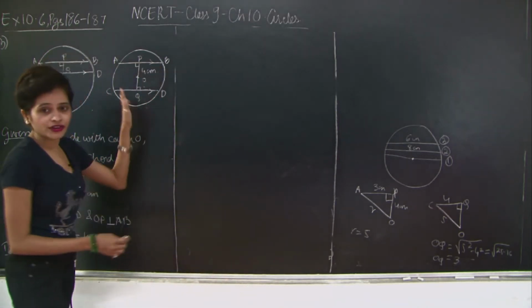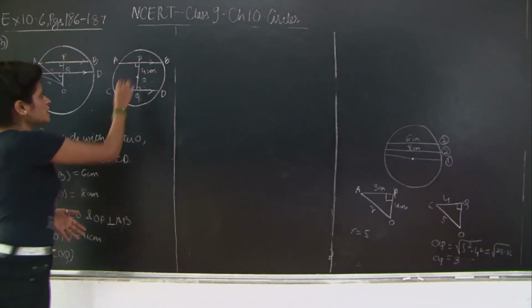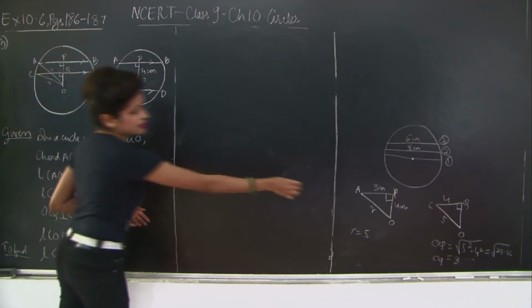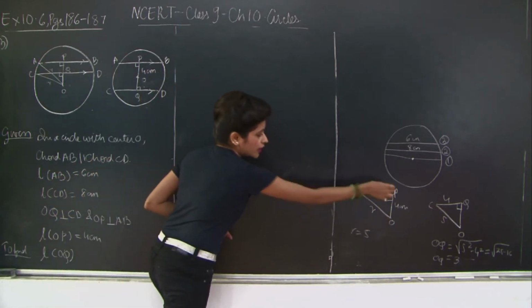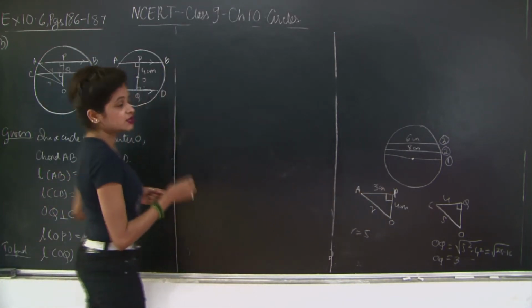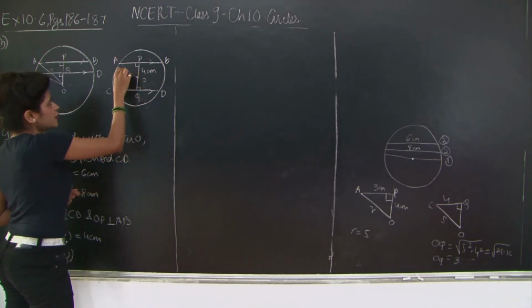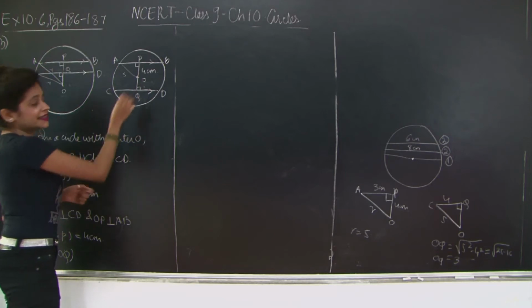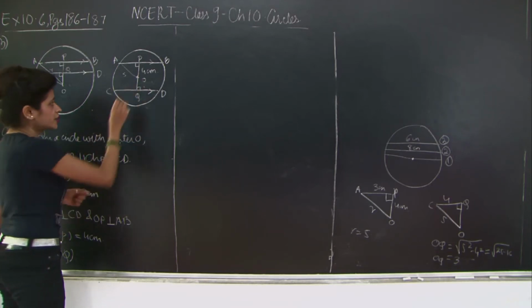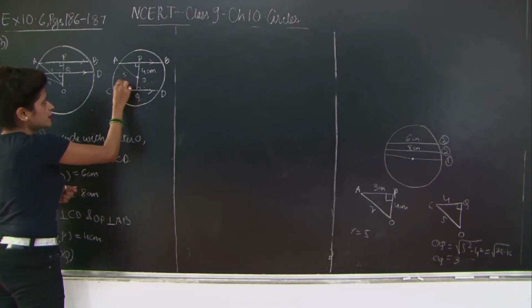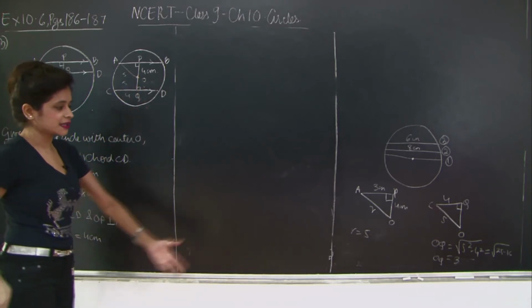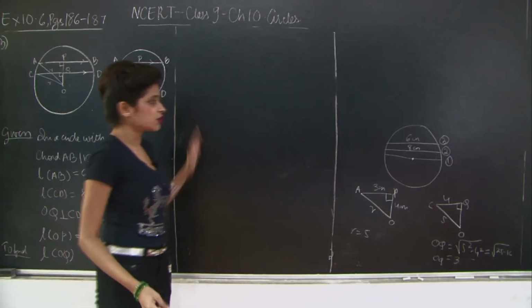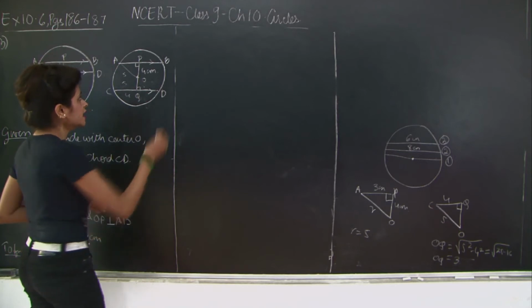Now, this over here also is going to be the same thing, because even if you're just taking your triangle OAP, you find the length of the radius, which is 5. Right, you get 5 over here. Obviously, this length will also be 5. This length CQ will also not change, it will also be 4. So this will be 5 and this will be 4, so OQ will obviously be 3. Right, so let's go ahead and write our construction and solution.